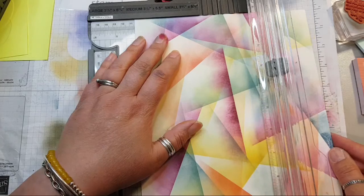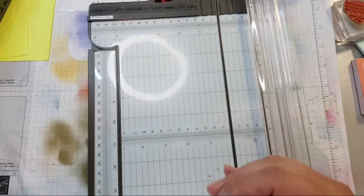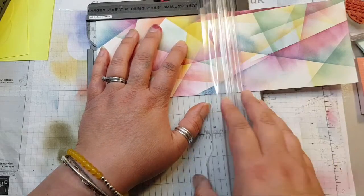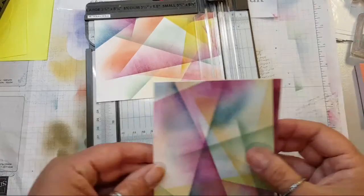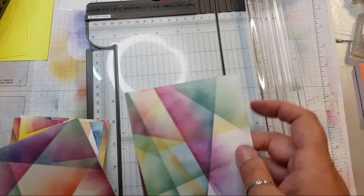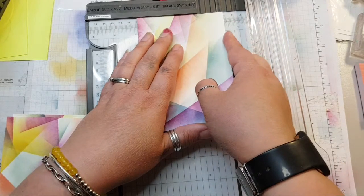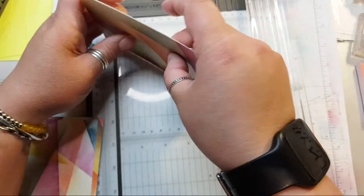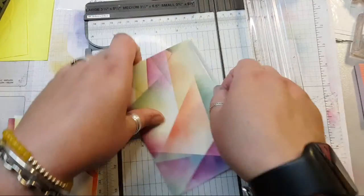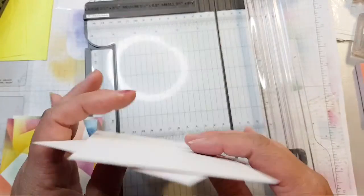Right, so I'm just going to cut it in half, which is in UK, European and Australian terms 10.5 centimetres by 14.85 centimetres. And then I'm going to cut it down a bit more. Let's just see what side I can afford to chop. I think I might try going 4 inches. I'm going to cut it at 4 inches, 10.1 centimetres by